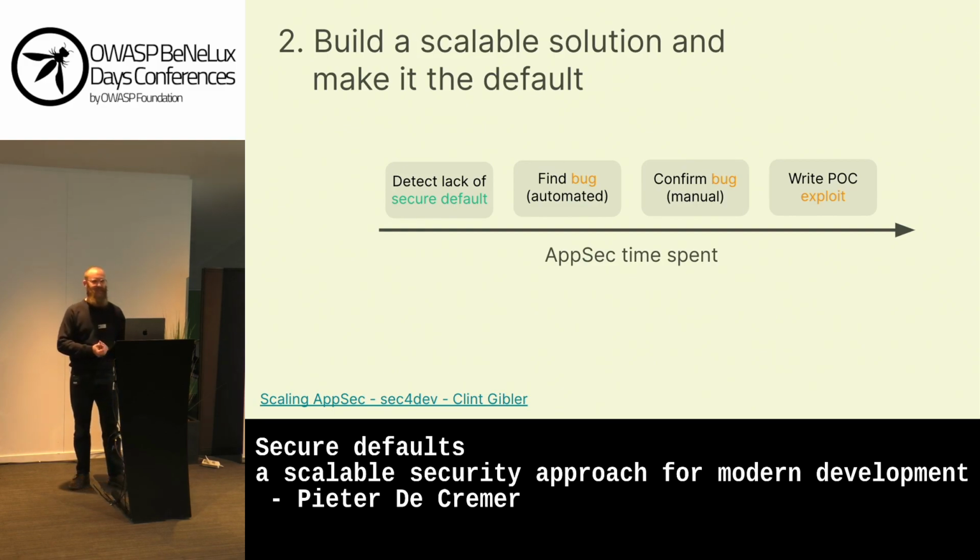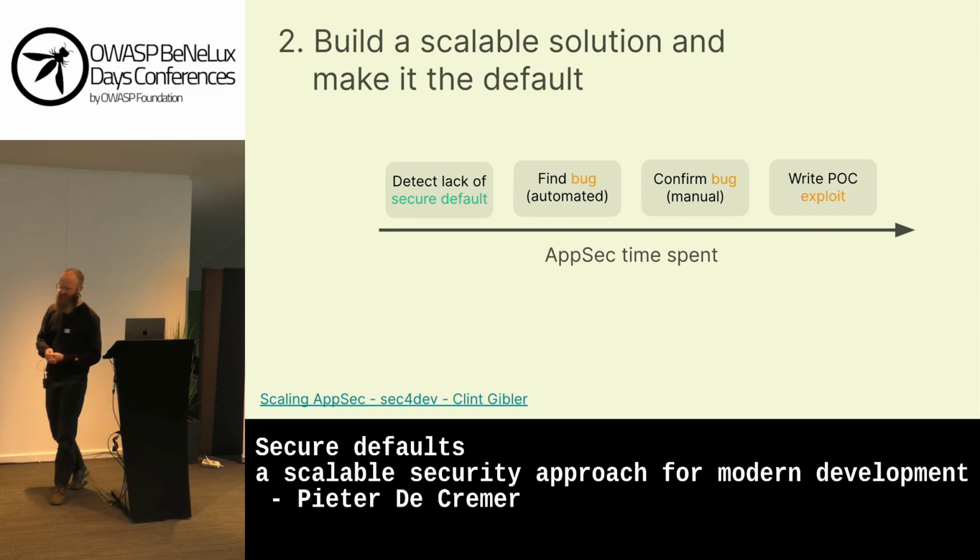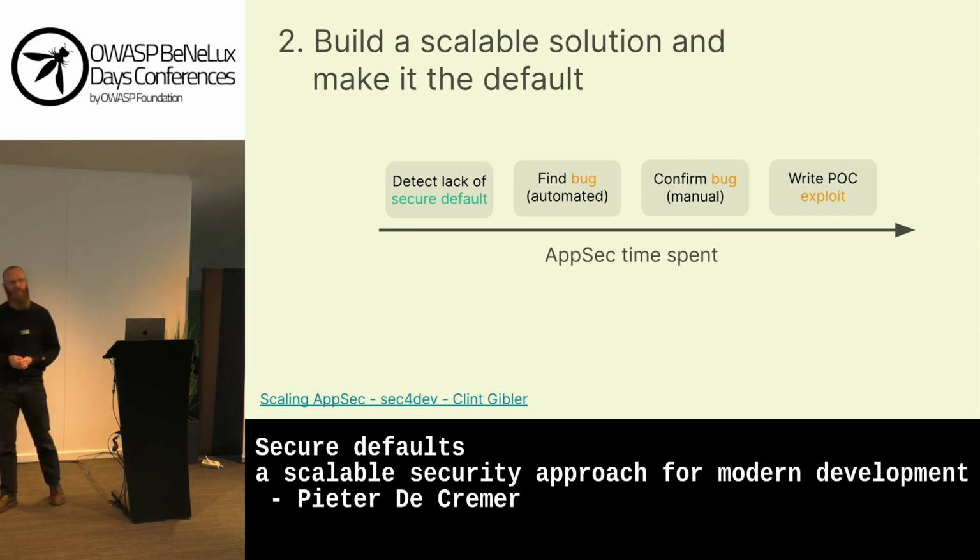We will build a scalable solution and make it the default. And essentially, there's a few options when there's a security problem in code of what your security team could do. They could detect lack of a secure default, or they could find a bug. They could use SAST to make sure that currently there is some user input flowing to this sink, this insecure